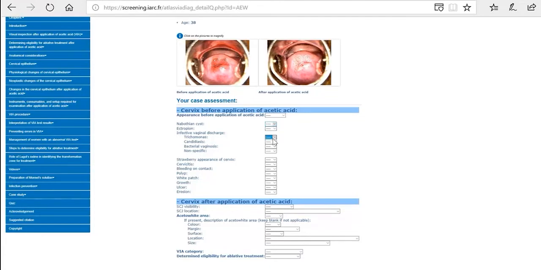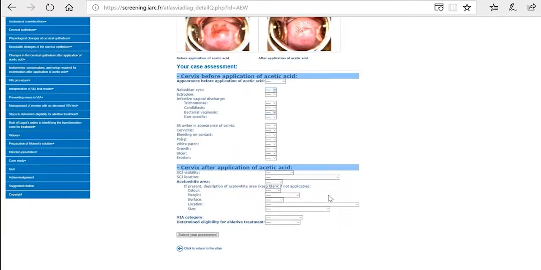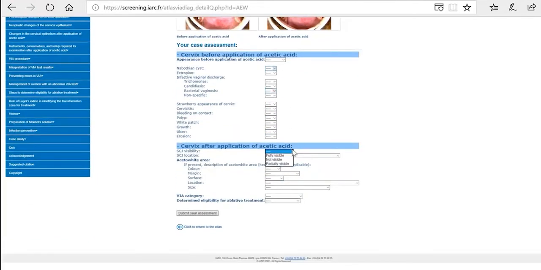Say for example, whether appearance before application of acetic acid is you think normal or abnormal. Similarly, for the cervix after application of acetic acid, whether you can see the squamocolumnar junction, and what is the location of the squamocolumnar junction. So this you will have to do.